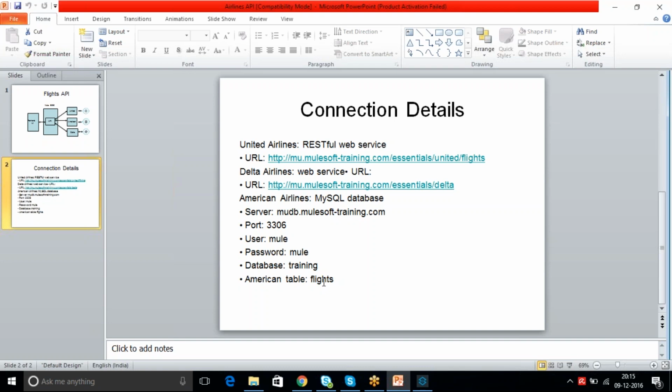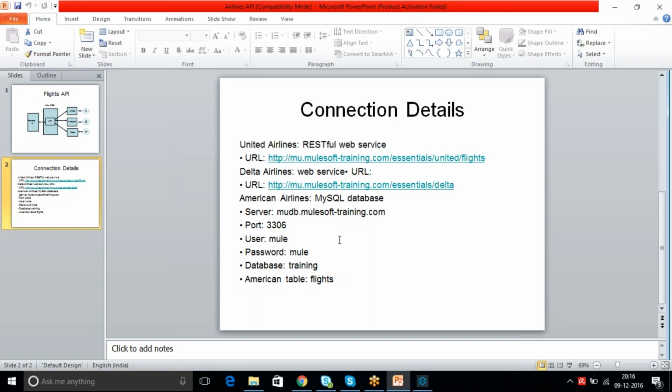Not only this, when you are working on projects and want to connect to any kind of database, you need to ask for these details to be provided. Once you have all these details in your hand, you can easily connect to any database, and then you can get the data from the systems.